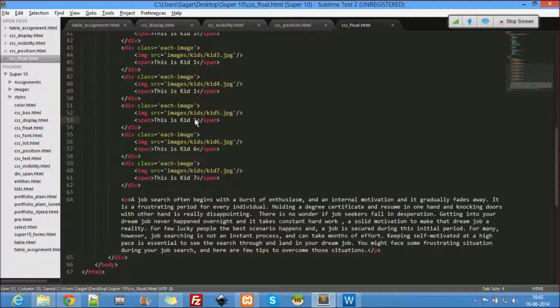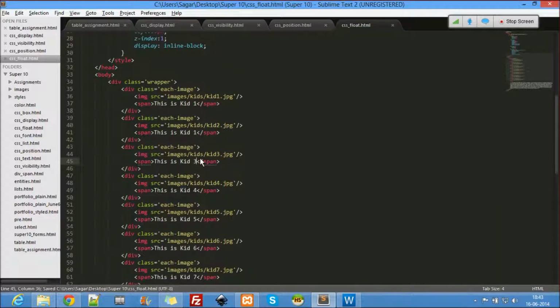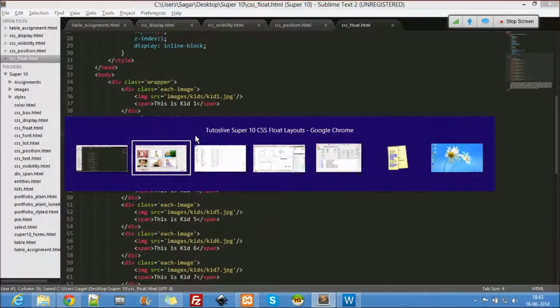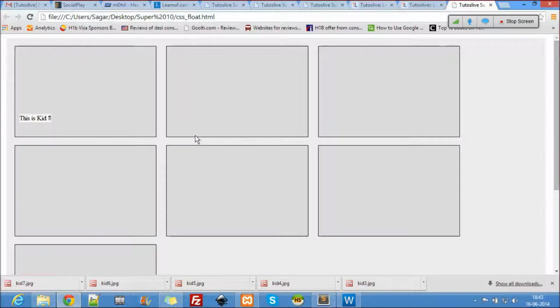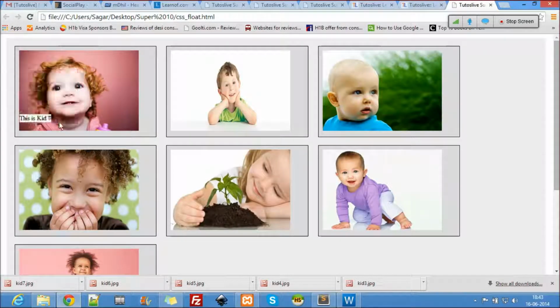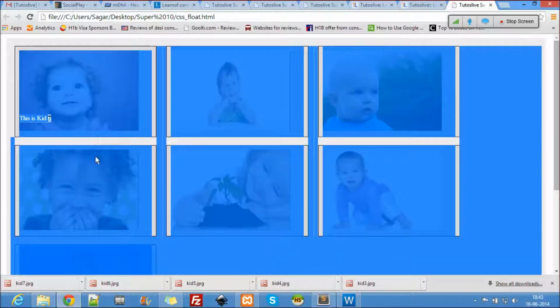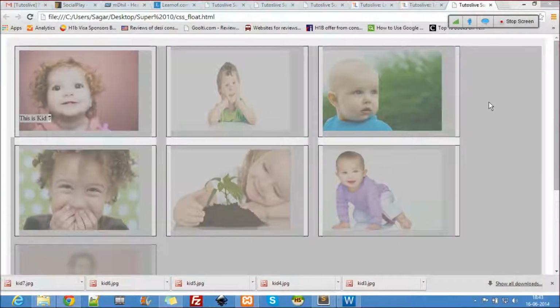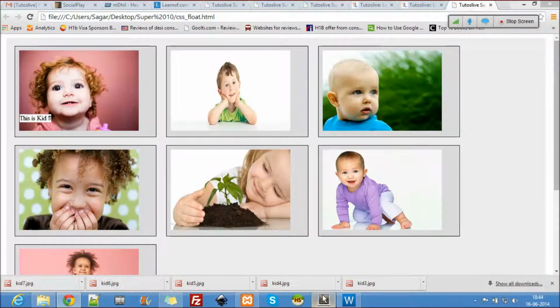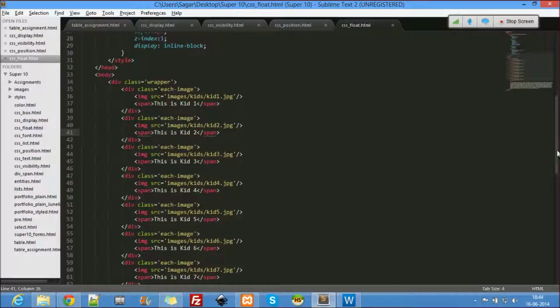I'll show you what was the problem with the same position every time. I guess you have to watch this class again and again, at least 4 or 5 times, to understand it better. You see, it's the same absolute position. It's the same position, right? Hence that's the problem over there. Everything has been stacked on top of each other. You have to give it different positions for the different guys.